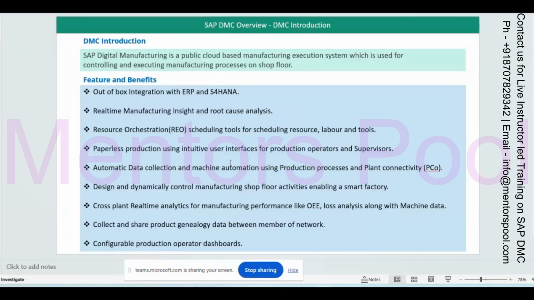So anytime anything happens, or a speed also, or even the environment in which you are doing the manufacturing, that temperature, pressure, whatever standard parameters you have to maintain, you can capture here. And anytime you can see that data.